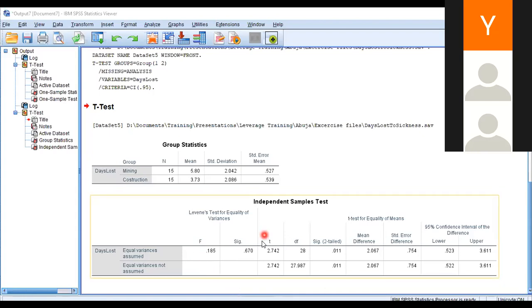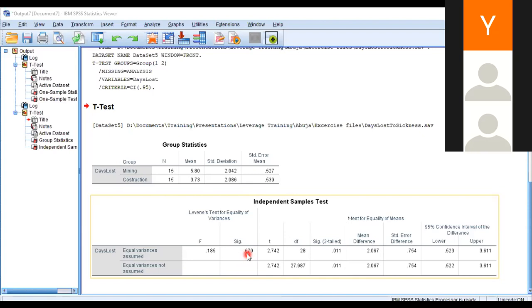So it compared the two. If let's say the two variances, if you look at it, you know that it's the same. Look at the standard deviation, 2.0 something. This one, 2.0 something. Look at their standard error, 0.5, 0.5. You see that it's the same. There's no difference. So the test, look at it. If they were different, the p-value here would be less than 0.05. But it's very big. So the probability that the difference you see is real is very low, whatever little difference you see is by chance. So there is no difference in the variances between the two groups.